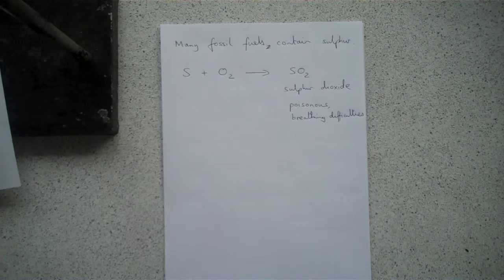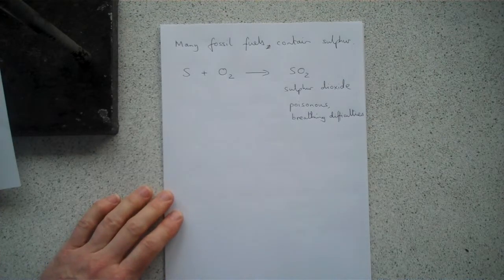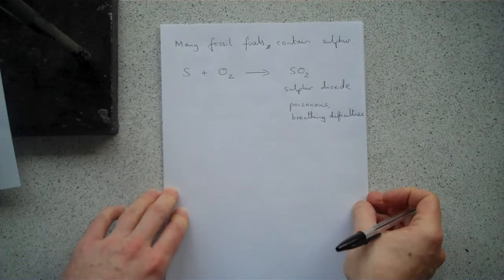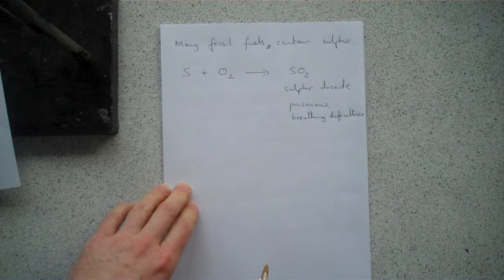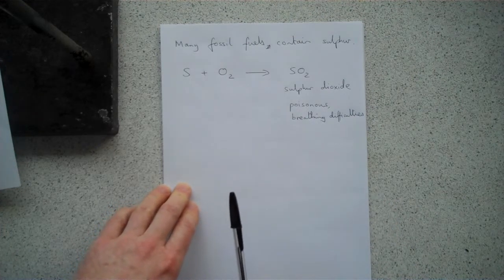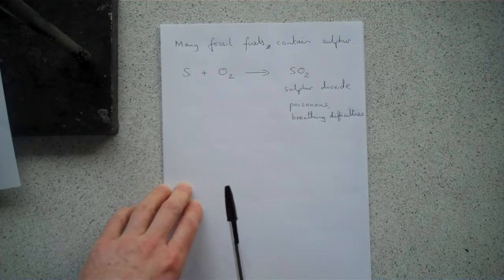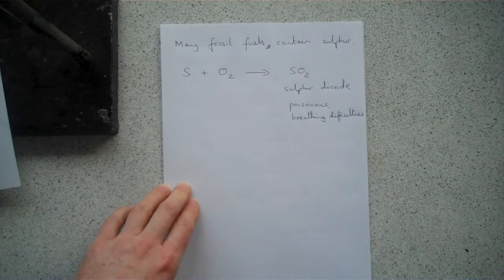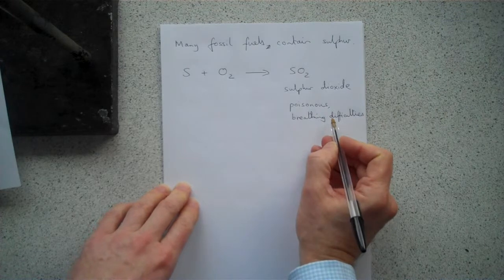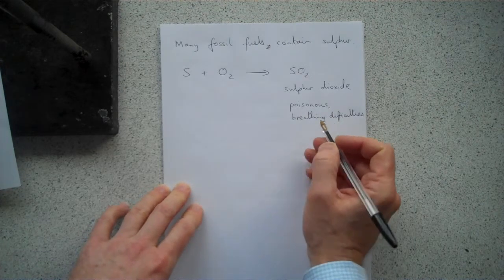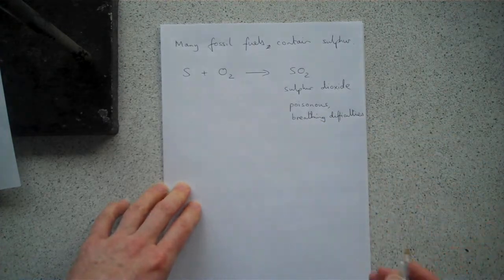And if you had a particular type of weather where there was very little wind and it was very still, you got sulfur dioxide building up in huge amounts in the atmosphere, and people were being rushed to hospital with severe breathing difficulties. And it was actually quite a surprisingly dangerous chemical. Thankfully, these days, people don't burn much coal anymore, and one of the reasons is because of the danger of sulfur. Now, it does cause breathing difficulties on a local level, but on an international level, across the world, it causes another problem,